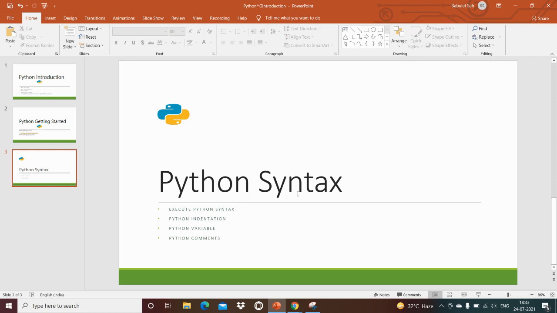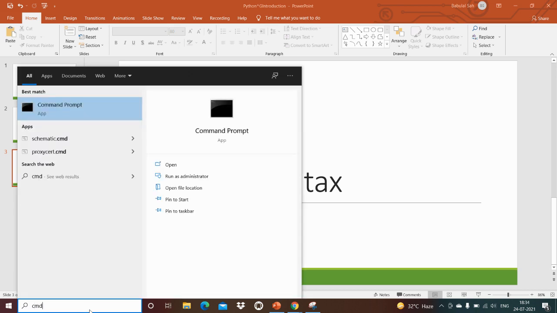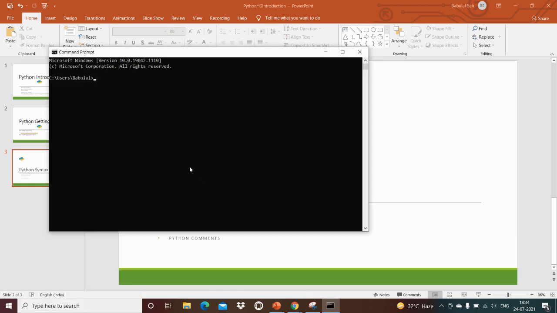As we learned in the previous video, Python syntax can be executed by writing directly in the command line, like cmd. Open command line here and type Python. Open IDLE here.